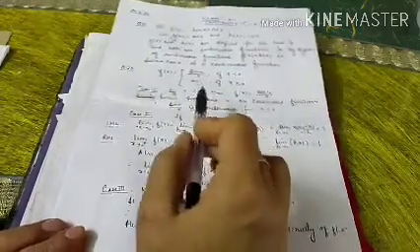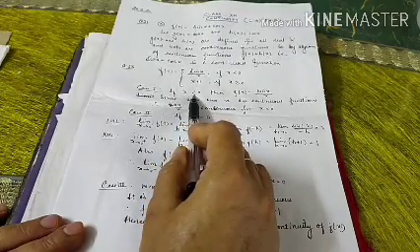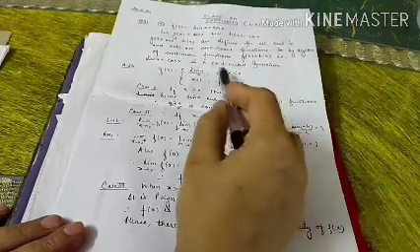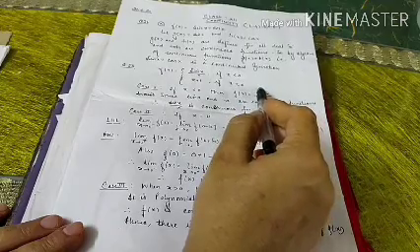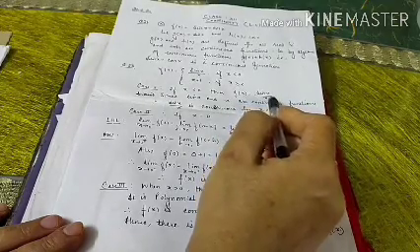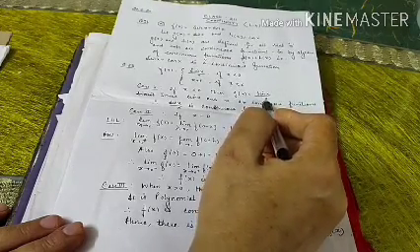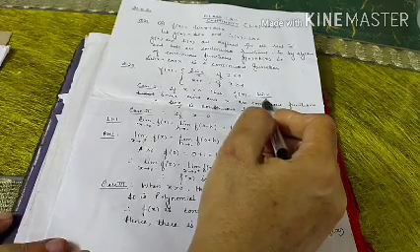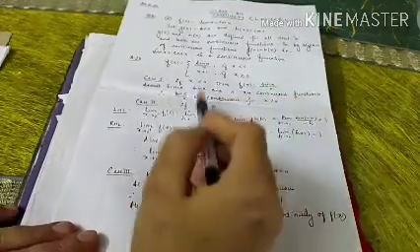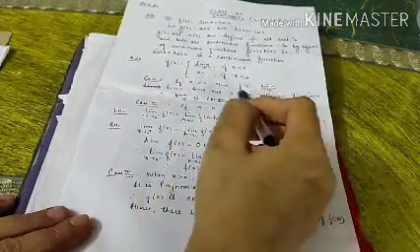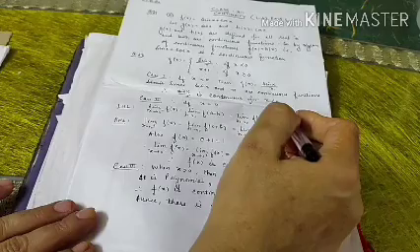In the first case, if the point is less than 0, that is x is less than 0, then your function will be sin x / x. Now since sin x is a continuous function and x is a polynomial, it is also a continuous function. So their quotient is also a continuous function, by the algebra of continuous functions we have studied. So f(x) is a continuous function for all values of x less than 0.